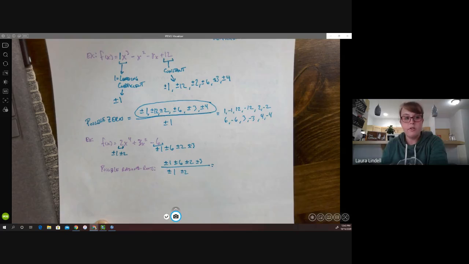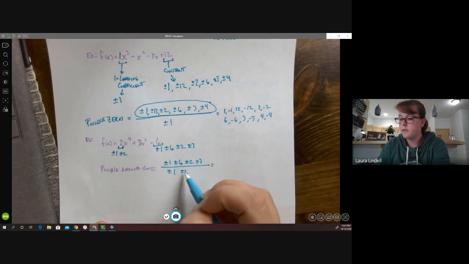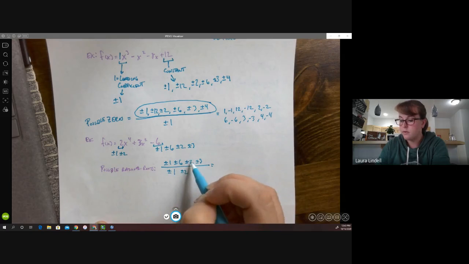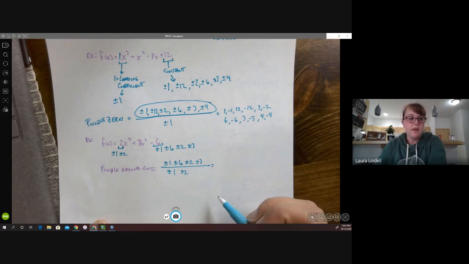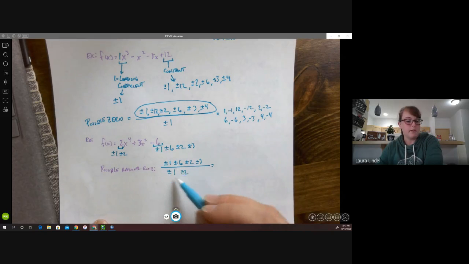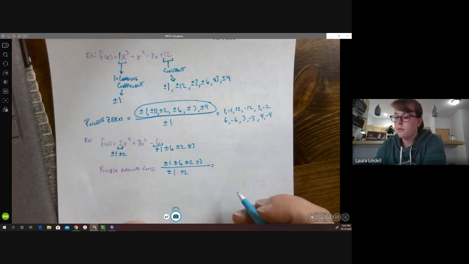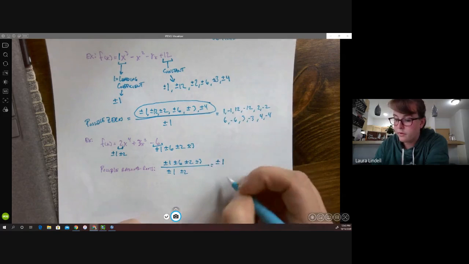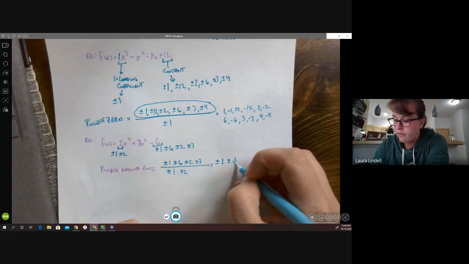So this means that all the things we would have to check are 1 over 1, 1 over 2, 6 over 1, 6 over 2, 2 over 1, 2 over 2, 3 over 1 and 3 over 2. So we have to divide each of these individually by the things on the bottom. So we have to check plus or minus 1 over 1, which is plus or minus 1, plus or minus 1/2,